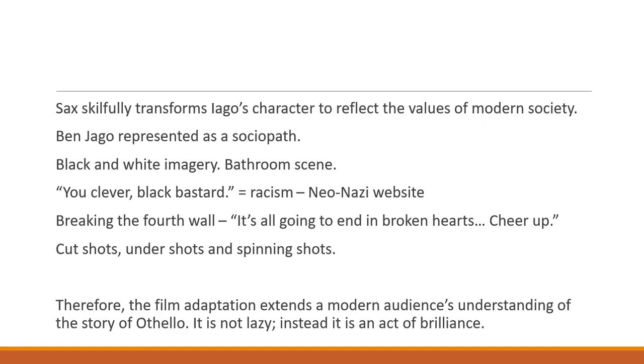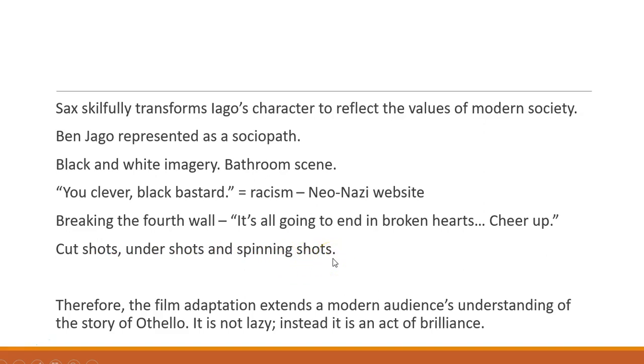And you'll notice that what I've done is I've gone through and I've talked about the character, and then I've made a point about it. I've talked about how black and white imagery was used in the play, and now it's presented in the film as well. I've supported that with a quote, and I've explained that it highlights the racism. And then I move into the techniques of form, the techniques of film. I talk about that breaking of the fourth wall, which is actually a dramatic technique, but it suits film perfectly. I use that quote, I explain it, and I talk about how that scene is shot to make it visually